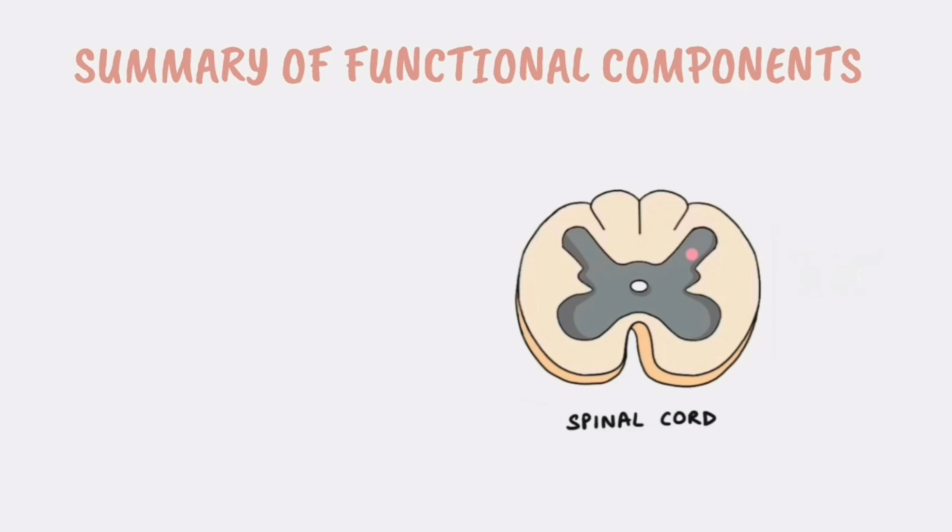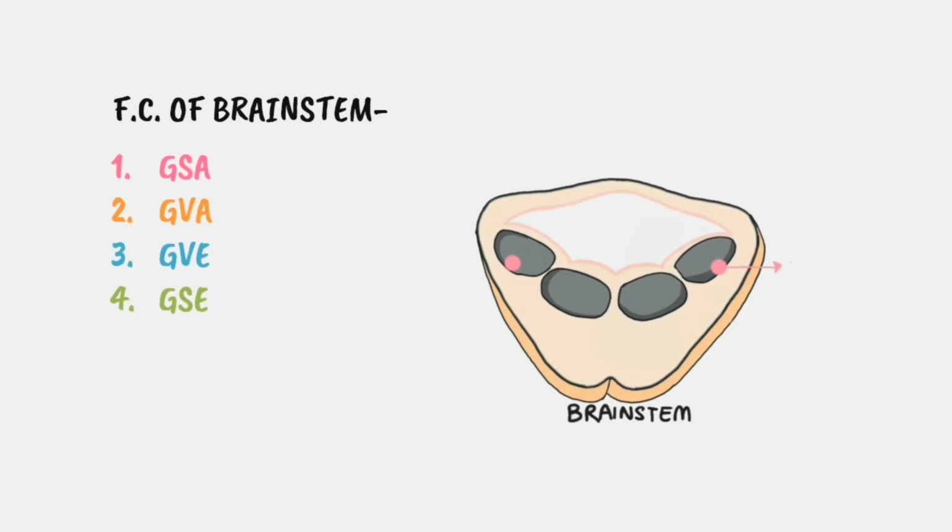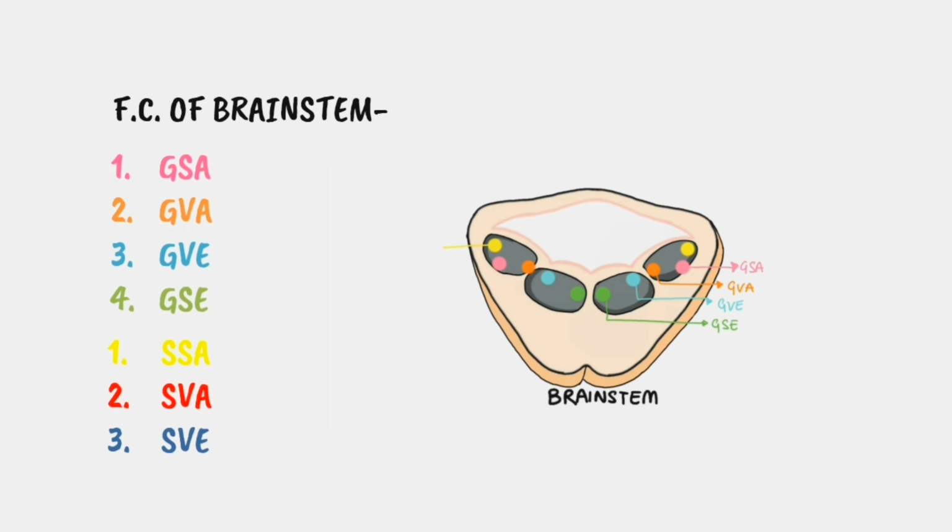What are the functional components present in brain and spinal cord? Functional components of spinal cord are general somatic afferent, general visceral afferent, general visceral efferent, and general somatic efferent. Functional components of brainstem, apart from these four, include three special columns: special somatic afferent, special visceral afferent, and special